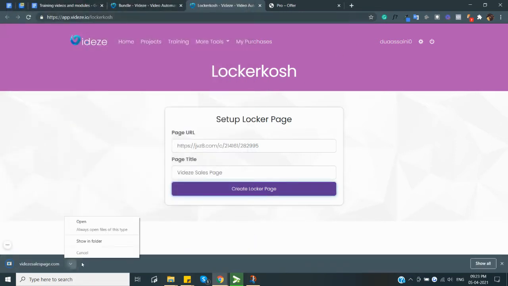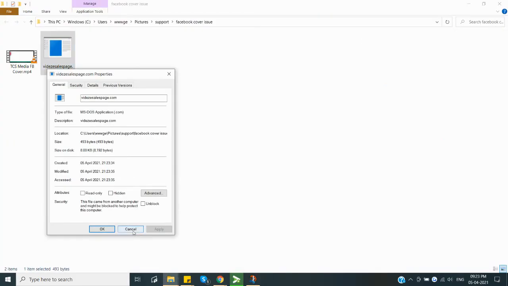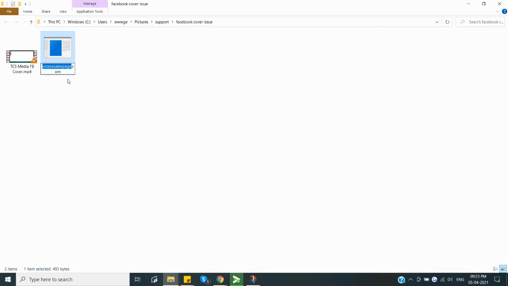I shouldn't have added the .com, which is not the right extension. So we'll name it as HTML, and we're fine with it. So after you have created this index file, all you need to do is just host this index file on your custom domain and turn the website on. I'll show you that. Let me just show you how this index page works.